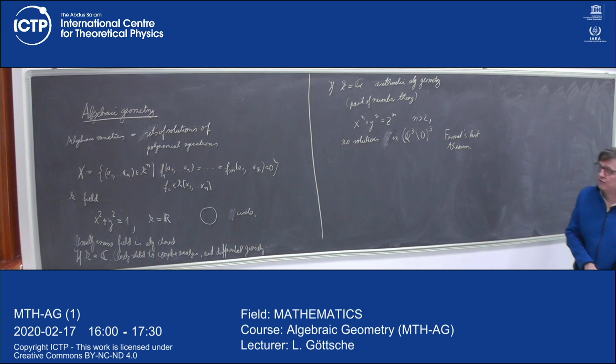You could ask yourself, certainly it's easy to understand the solutions over Q bar, and then you have to understand which of those still come from Q. It has something to do with how the Galois group acts on these solutions and so on. So in that sense, you can view it like this, and it's used also